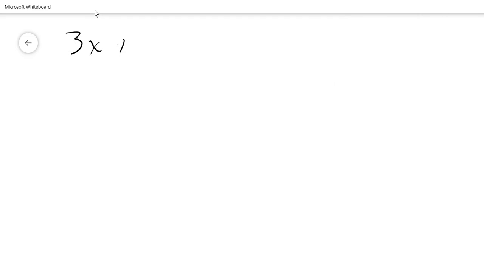3x plus 6y equals 18. Okay, and my favorite formula of all time, y equals mx plus b. What this formula means is if I arrange any equation that has two different variables, both to the first power, and I arrange them to where one of the variables is alone and positive, the y coordinate is alone and positive, on one side of the equal sign, the number that ends up in front of the x will be